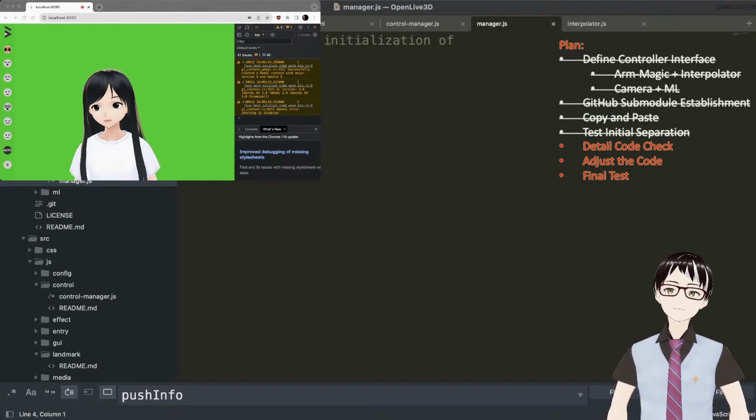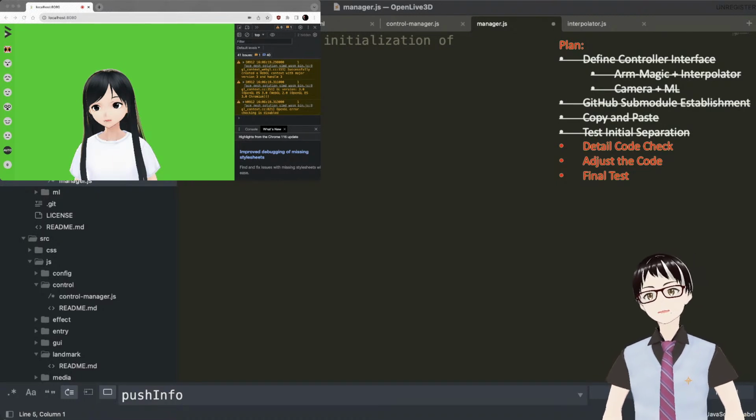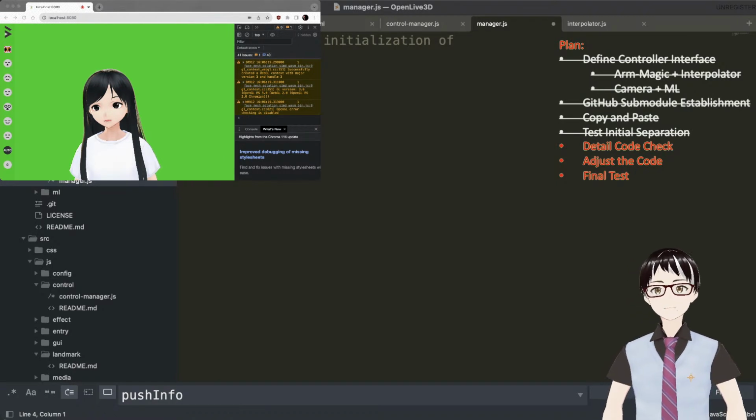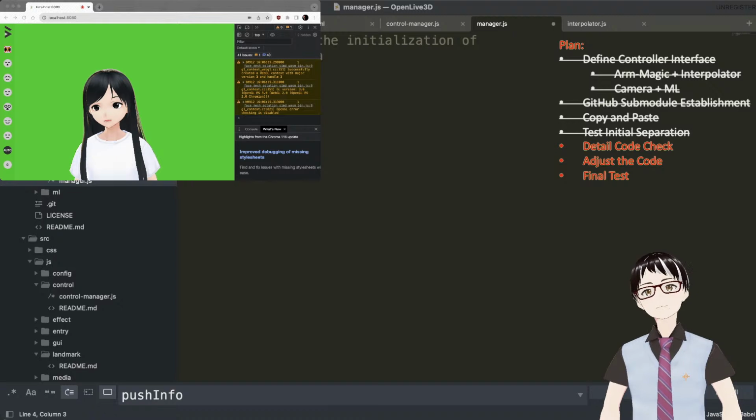That's it, right? Manage the initialization of camera and ML, and okay, let's put it here. Manage camera, ML. Manage the